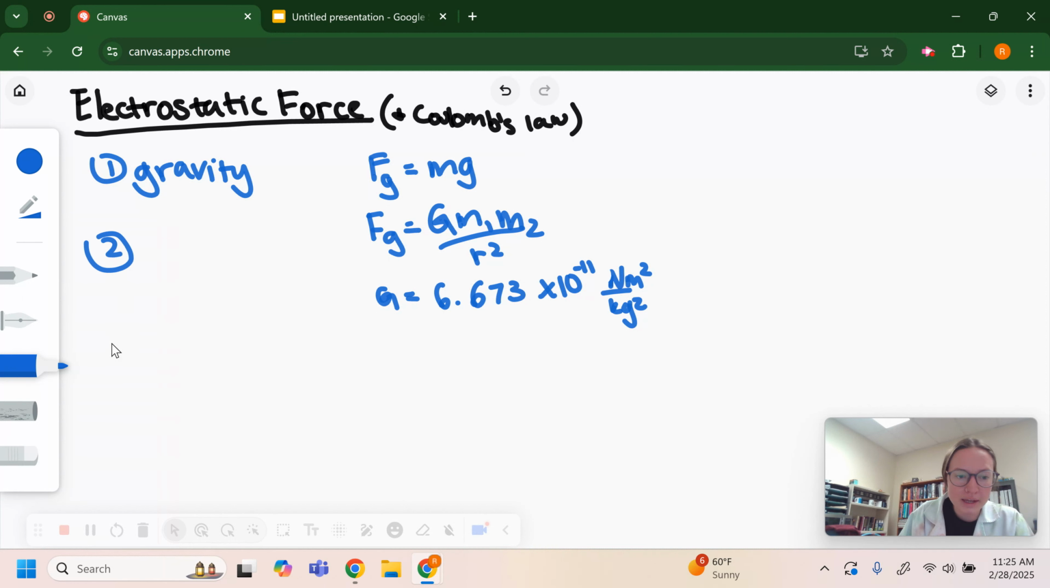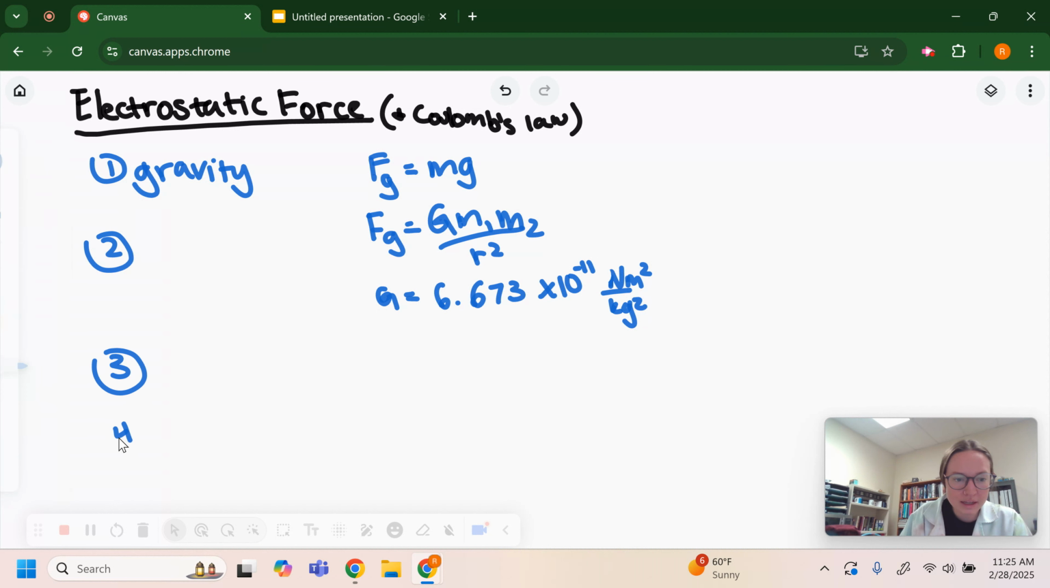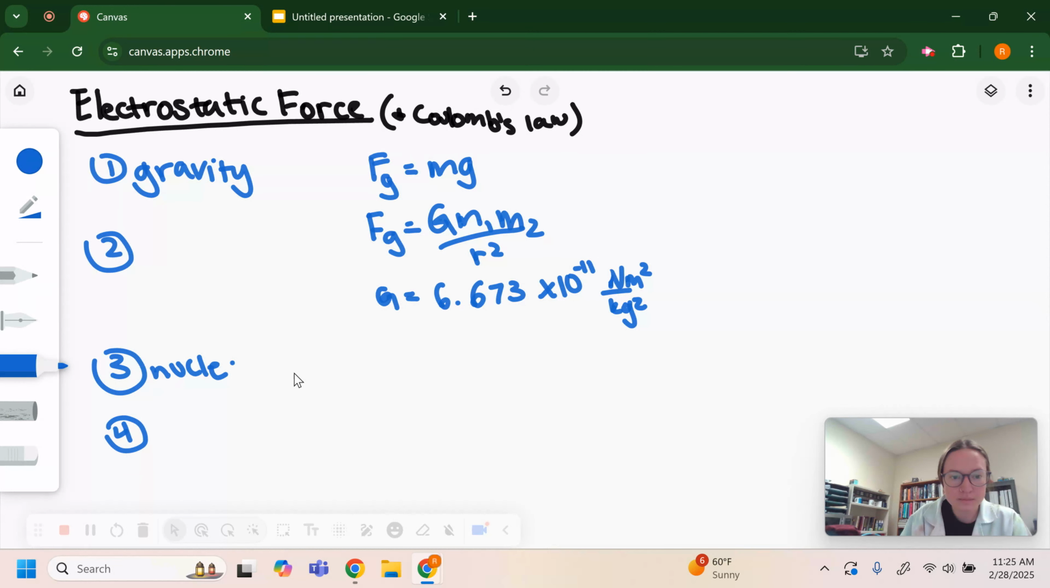The second one that I want to talk about today is not actually the second one on the list. The second one that I want to talk about today is the electroweak force and the electrostrong force, or what we call the nuclear weak force and the nuclear,